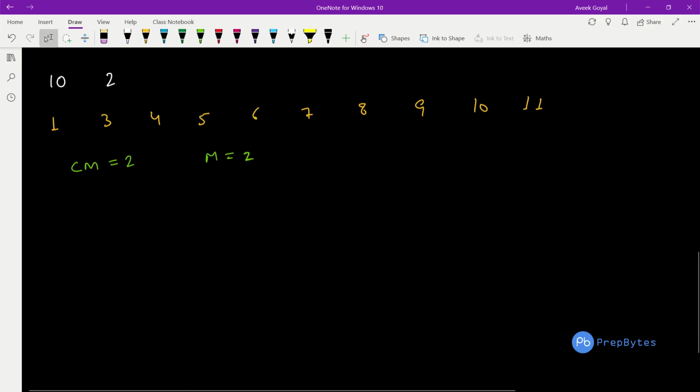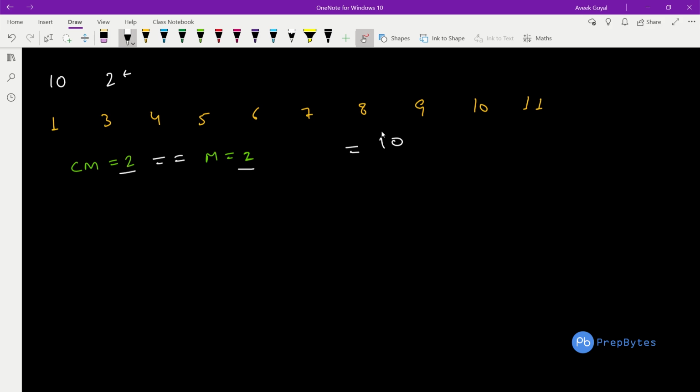The given n value is 10, and these are the given elements. Let's say the m value is 2. We need to count how many numbers we can choose such that the MEX becomes 2. The current MEX of this array we have already calculated. The current MEX is 2 and m is also 2. They are equal, so we can select all the elements directly. We can select all 10 elements and the answer becomes 10. This is a trivial case, since the current MEX is 2 and m is also 2.